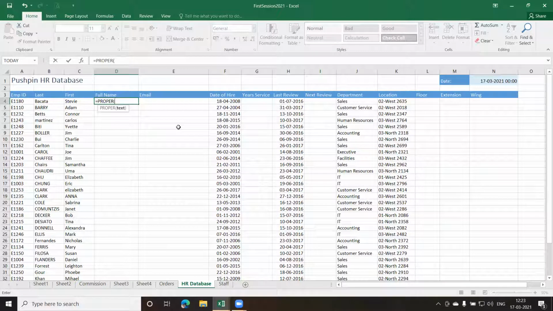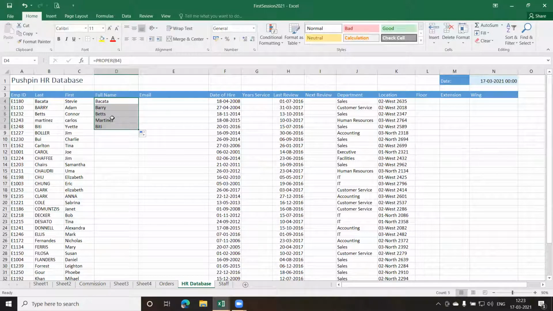So let us put this one now, because this is already in proper case, and I'll just show you how it works. I'm not going to put the full name. Now, when I copy it down, you can see this was fully capital, and it is converted into proper case. Okay. Now, this is not what I want. Again, I want to put the first name as well.